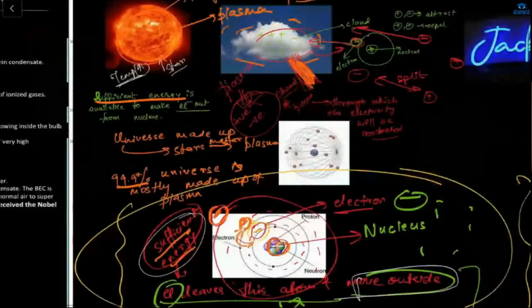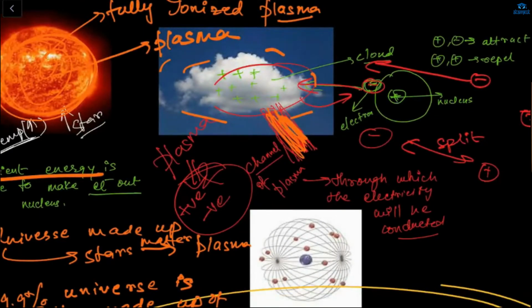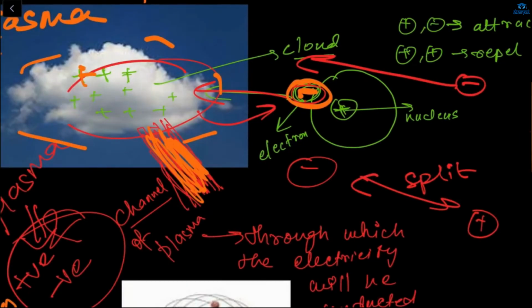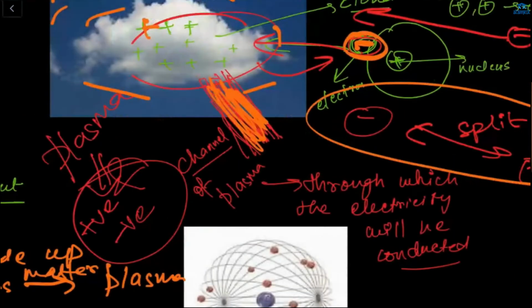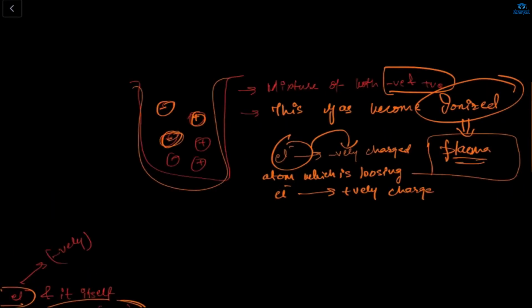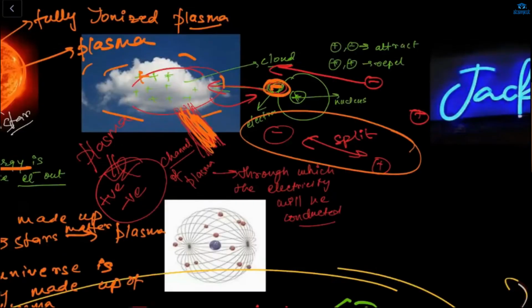But let me just see. Here, any doubt? The cloud is having the positive charge. Here it will attract my negative thing because positive and negative will attract each other, and the negative or positive will repel each other. So if this positive thing will attract my electron, this electron and nucleus will get split. If negative and positive will be there, then it will become an ionized gas, because negative and positive is there, just like my beaker. Here is also the mixture of negative and positive. So this is also becoming an ionized gas. And this ionized gas is called plasma.